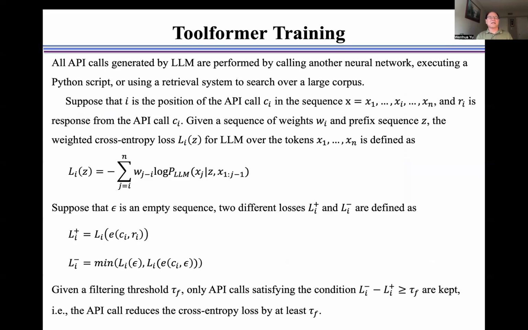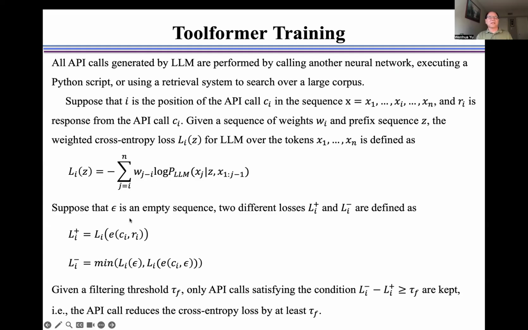Suppose that i is the position of the API call Ci in the sequence X, and Ri is the response from the API call Ci, given a sequence of weights Wi and a prefix sequence Z. The weighted cross-entropy loss Li for the large language model over the tokens from X1 to Xn is defined as here.